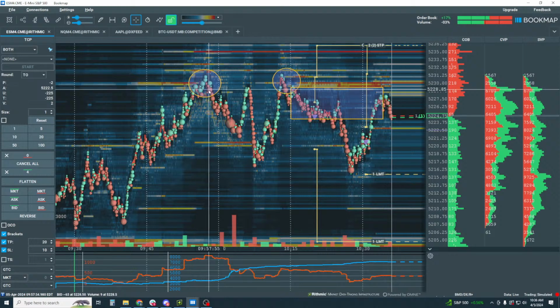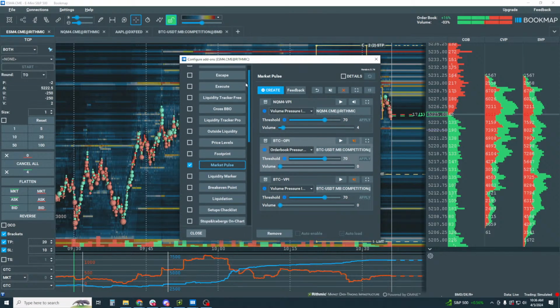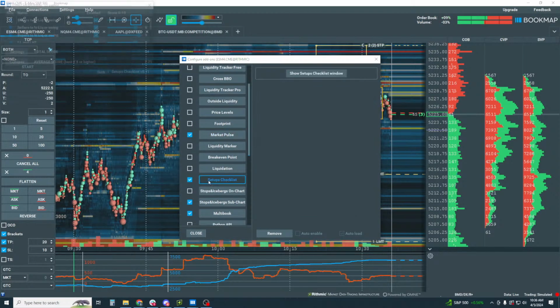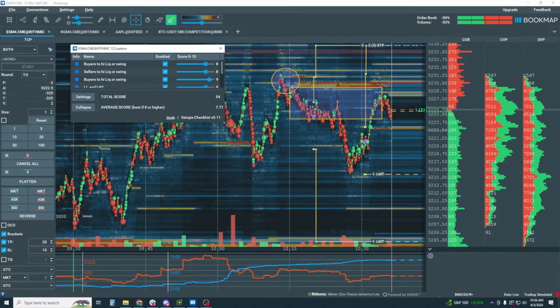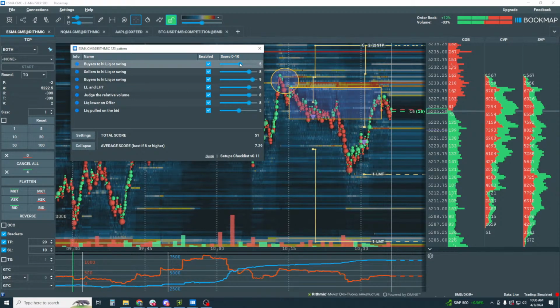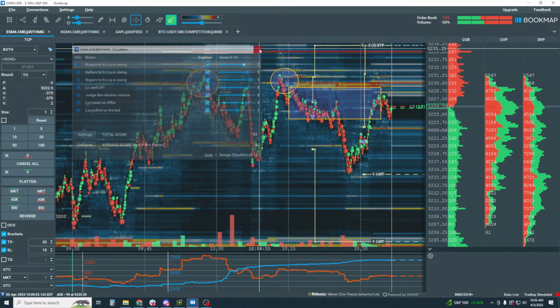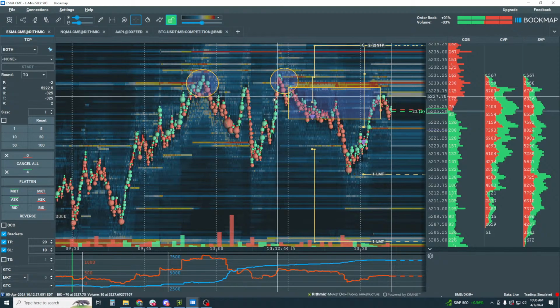Now we can use this tool in here, and we can make our own criteria. I'm not going to do that right now, but it just takes a little too long. But we can use our setups checklist here and make our own criteria and check off the box and then also give it a score. Right? And I don't have the time to go through it in the live webinar here,